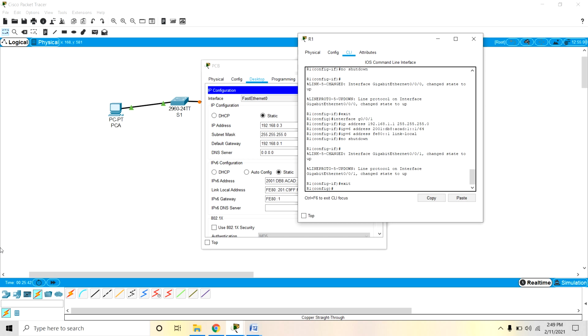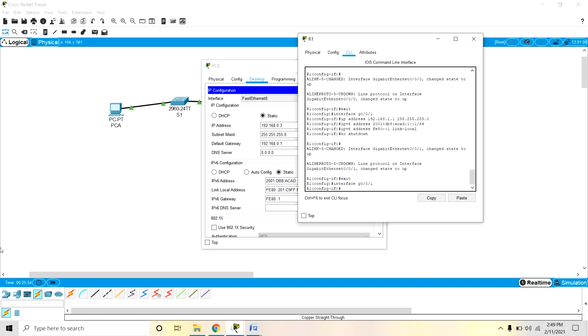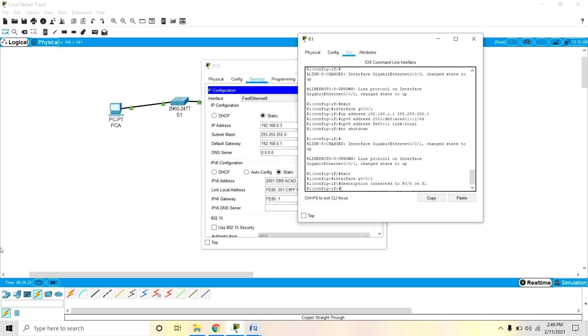So interface G0/0, description connected to switch 1, and exit.